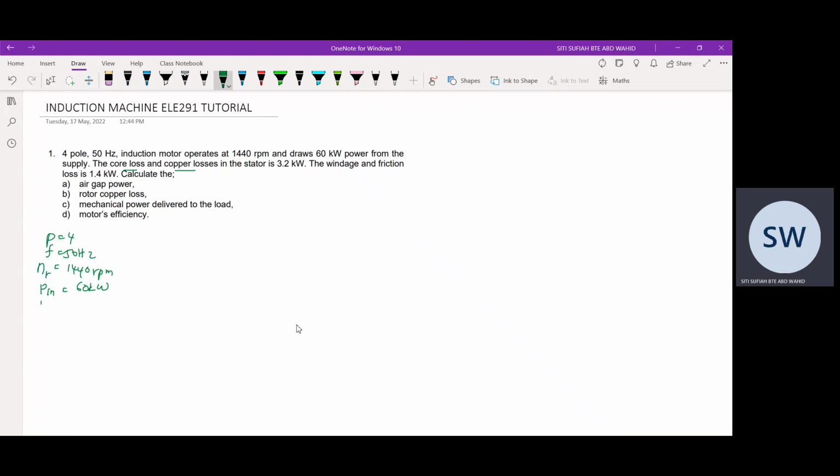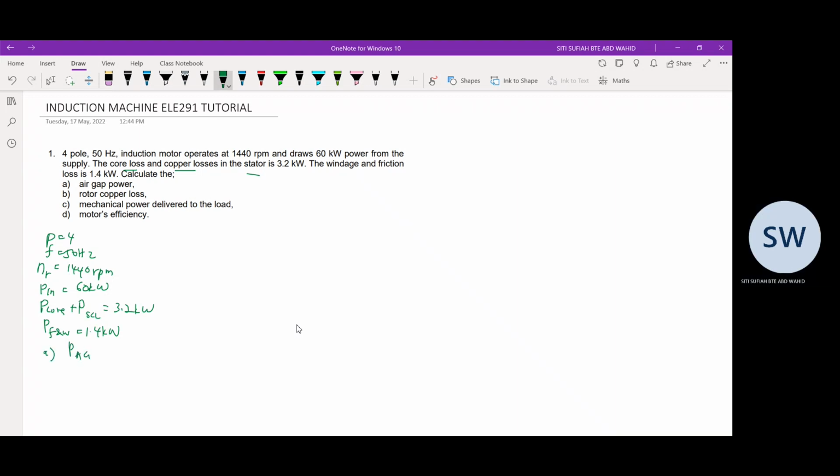So it is the combined P core loss plus P copper loss for the stator, meaning stator copper loss SCL, is 3.2 kilowatt. The windage and friction losses PFNW is 1.4 kilowatt. Okay, so calculate